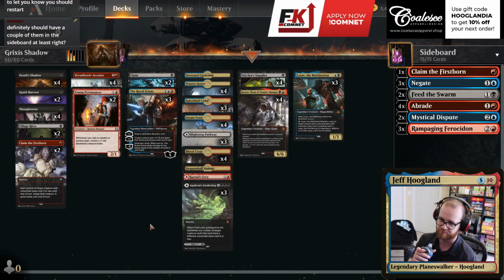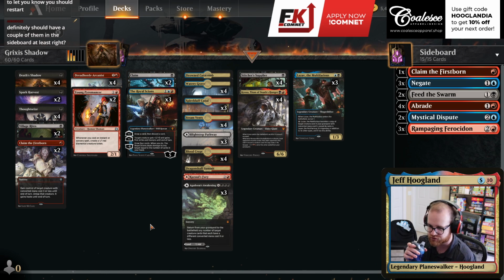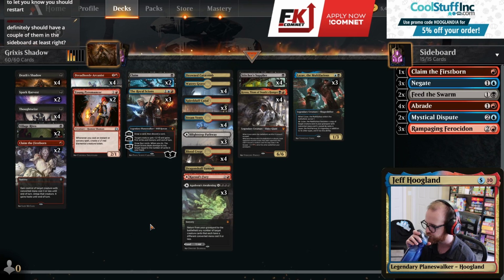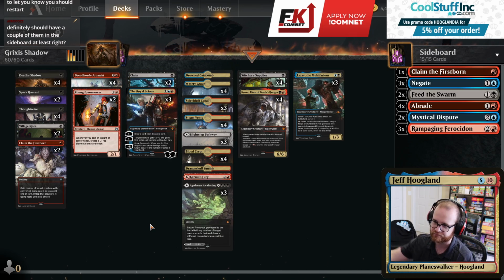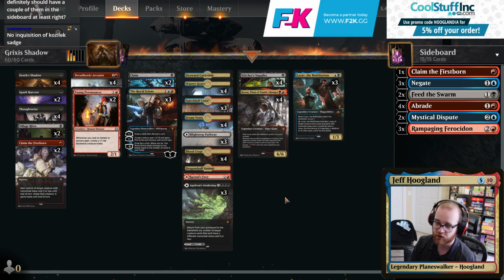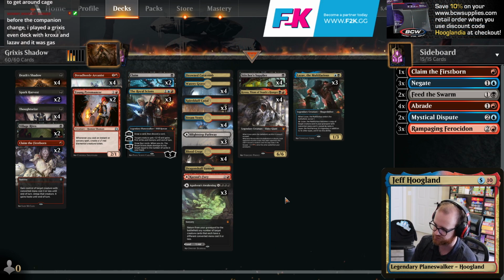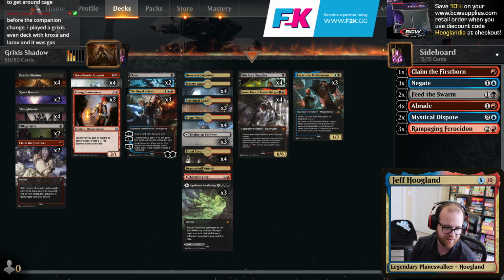Maybe you go a little bit bigger and play like 4-mana Nicol Bolas. Maybe there's some other graveyard synergy you could play. But doing this felt super sweet. Yeah, there's no Inquisition of Kozilek in this format. Yeah, exactly. Duress is like the next best 1-mana discard spell. All right, let's take a look at